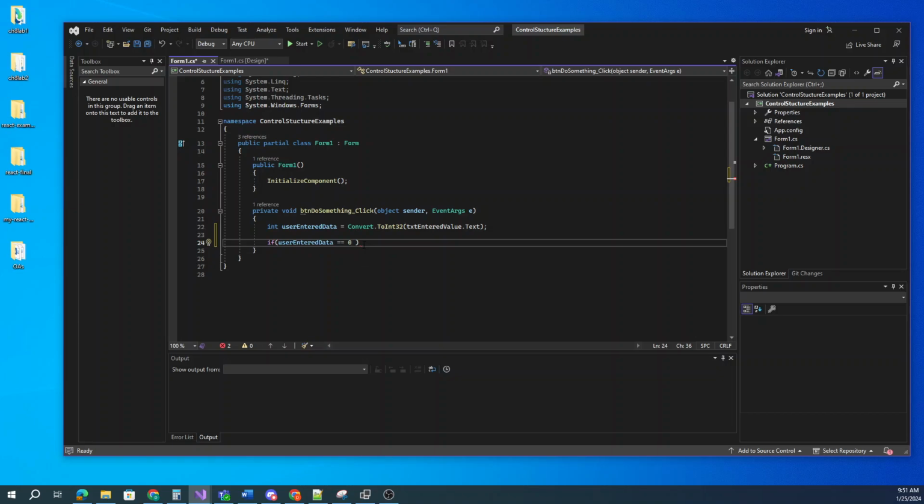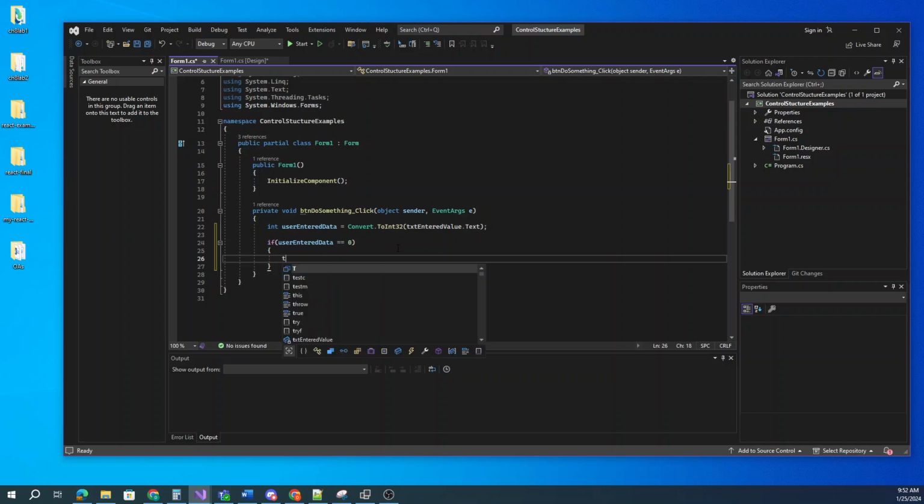And again, you can see there's a red squiggly behind it. It's looking for some squiggly brackets. Those brackets hold the body of the code block for it. So it's saying if our user entered data equals 0, and that means it's true, we're going to, and I haven't showed anybody this, or you guys haven't seen this yet, somebody might have played with it and kind of figured it out, but I'm going to set my text,